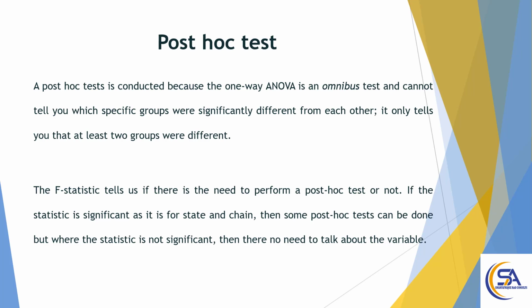It only tells you that at least two groups are different. The F statistic tells us if there is a need to perform a post-hoc test or not. If the statistic is significant, as it is for state and chain, then some post-hoc tests can be done. But where the statistic is not significant, then there's no need to talk about the variable. So what this is just trying to say is that when you do an ANOVA test, it will tell you the